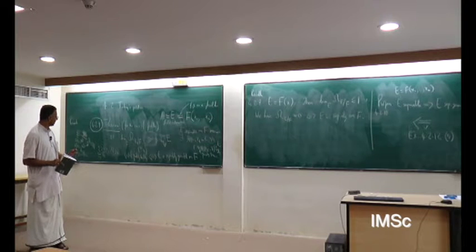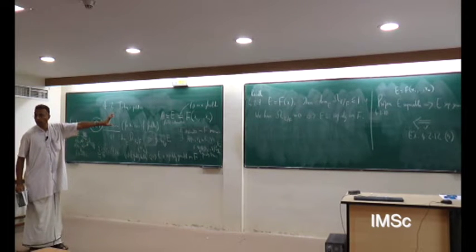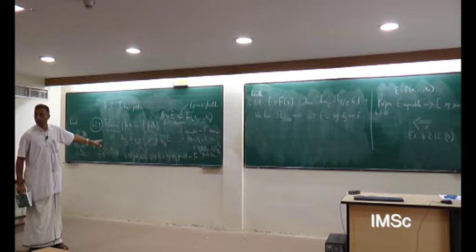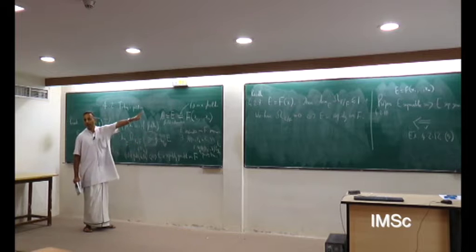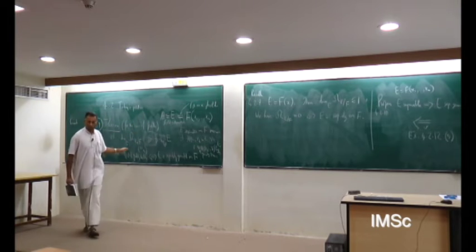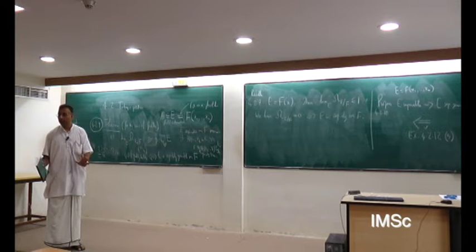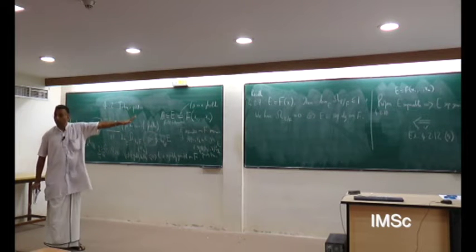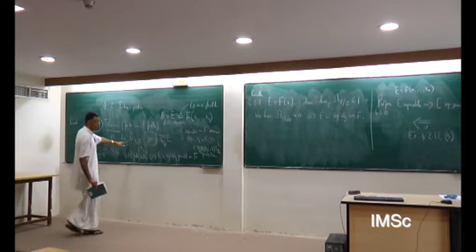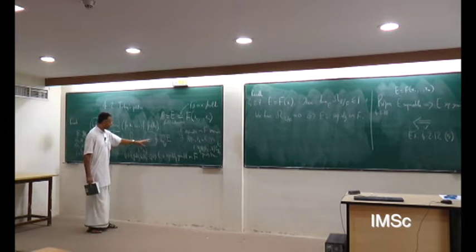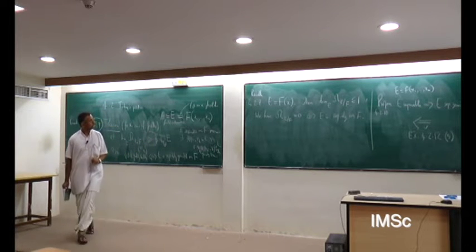No, let's do it like this. Let's say we have proved that. I want to just observe that I'm trying to prove this from that. I'm claiming they are equivalent, but what is important for us is that this is implied by that. So let's try to do this. I have to prove this. If it is 0, then there is nothing to prove. If it is 1, what does it mean?